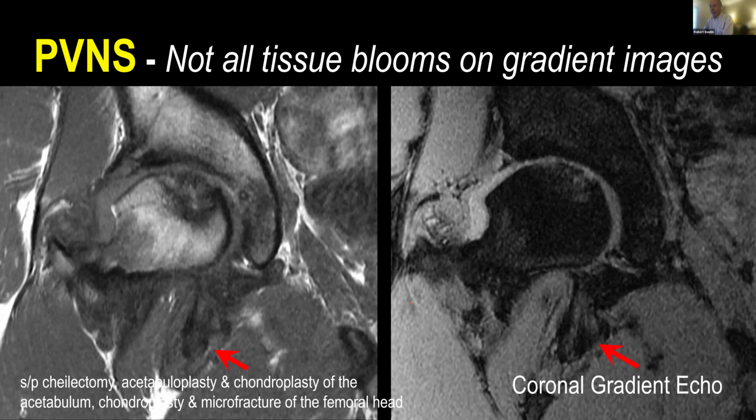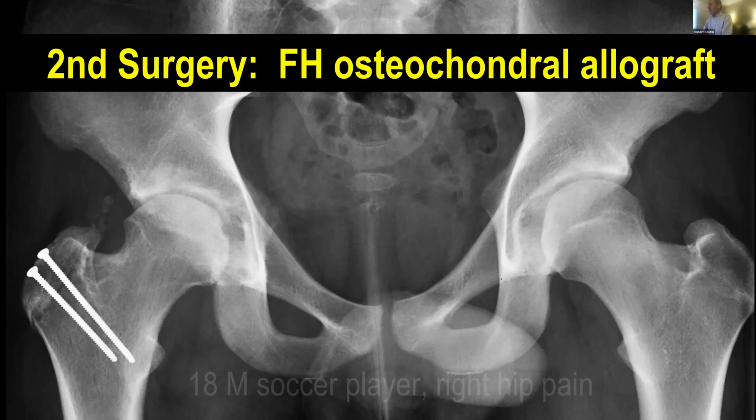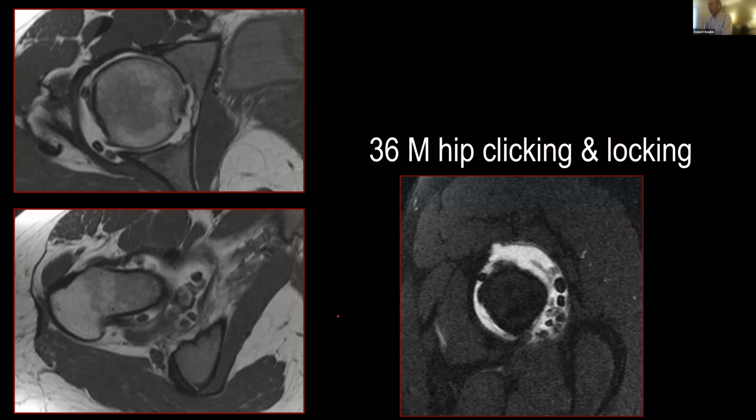So just some images that I found interesting, a cautionary tale that people have a workup protocol for a reason. No MR was done preoperatively on this case. If it had been, it would have been discovered that this patient had a problem. Hopefully this patient will do okay, but it already looks like the hip is not doing great. So why don't we stop there and open it up for any questions?